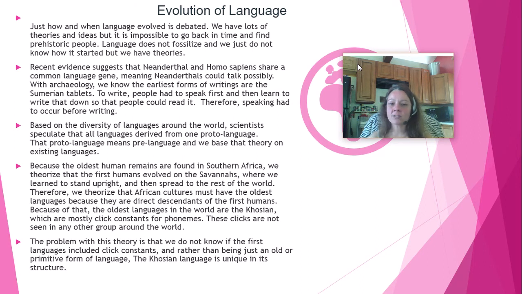Language doesn't fossilize, so since it doesn't fossilize, we don't know. We can't find it in our bones. We can't really find it in our DNA per se, to pinpoint that beginning. And then even with archaeological evidence, like I said, a lot of those really earliest forms of writing are just pictographs, where they were just drawing pictures on cave walls or on sides of